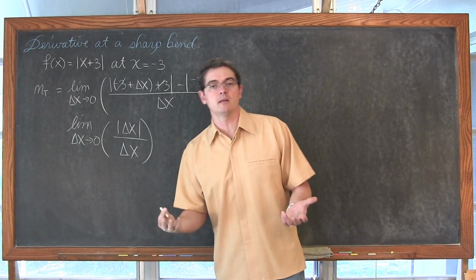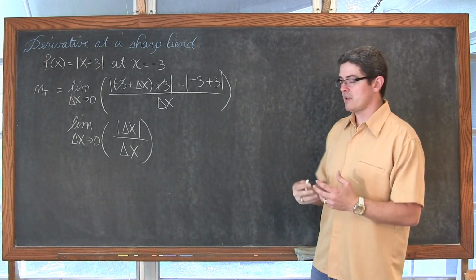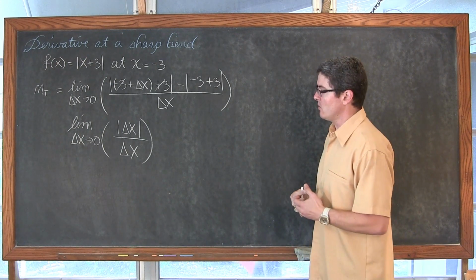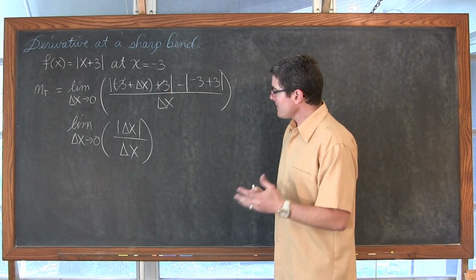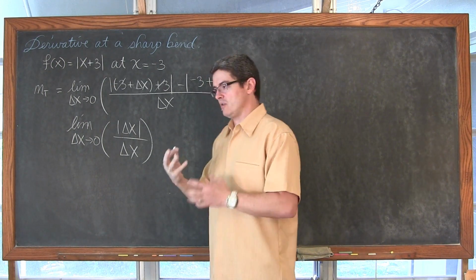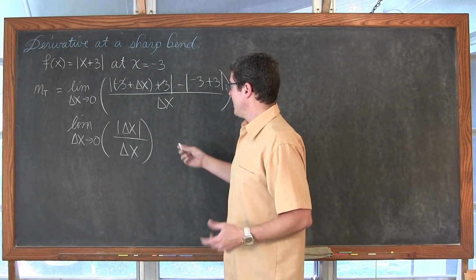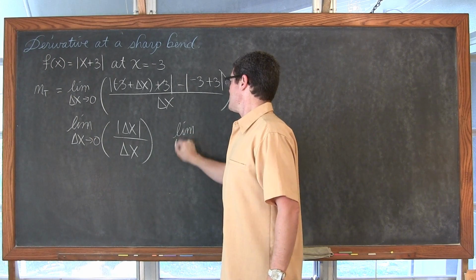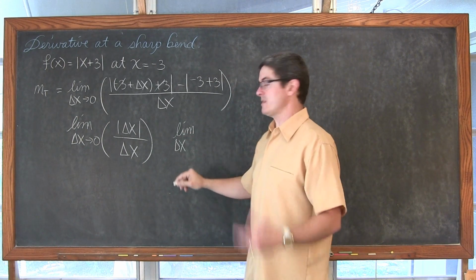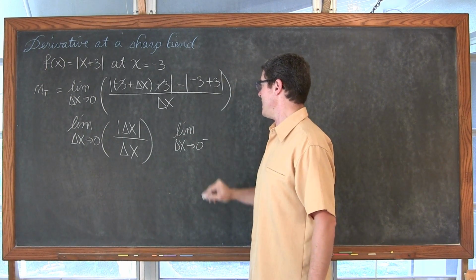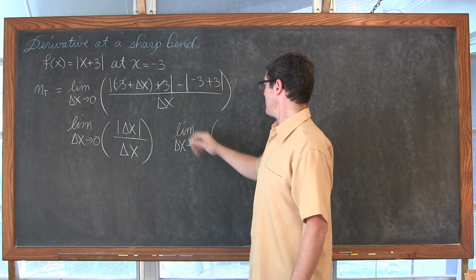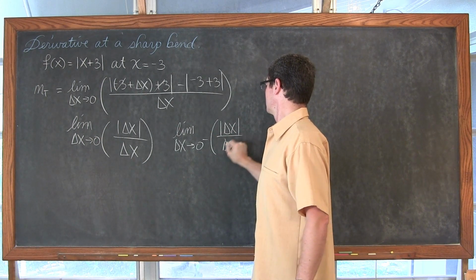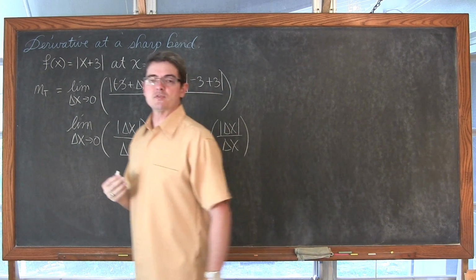So again, we can find the limit both numerically with a table of values like we did before, or just sort of think about it like I'm going to do, or with a graph. We're going to be thinking about just what's happening with the signs here. If I want to find the limit if we let the delta x approach 0 from the left of this function, and think about what the absolute value function does.